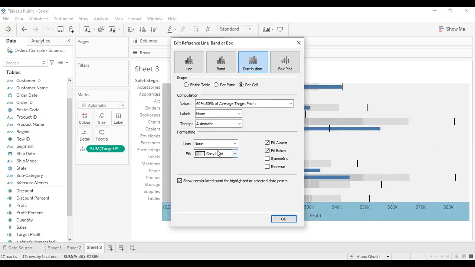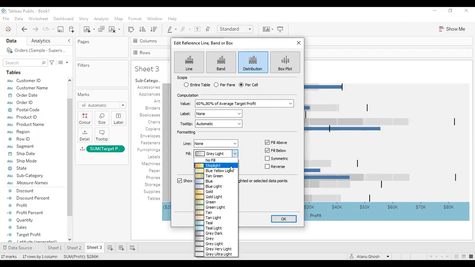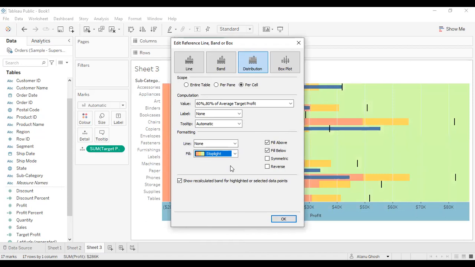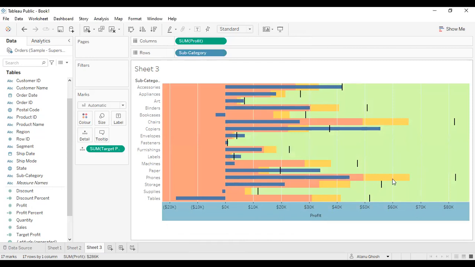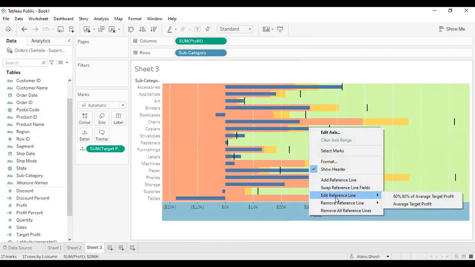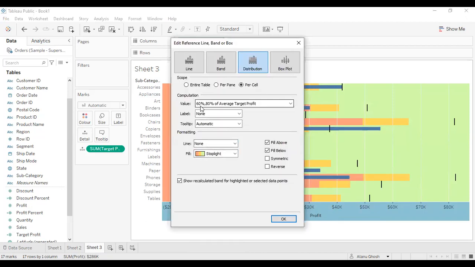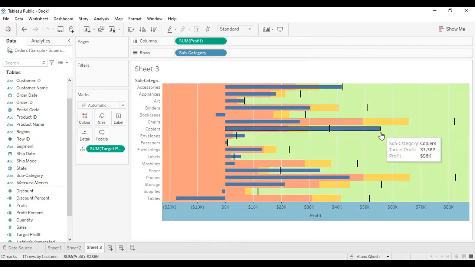So now I can change this color. Okay, I can make this something like this. Now you see that if your bar is over here, that means it is within 60 to 80% of your target profit. When you are green, so this one, for example, is in the green zone, this copier, that means you are